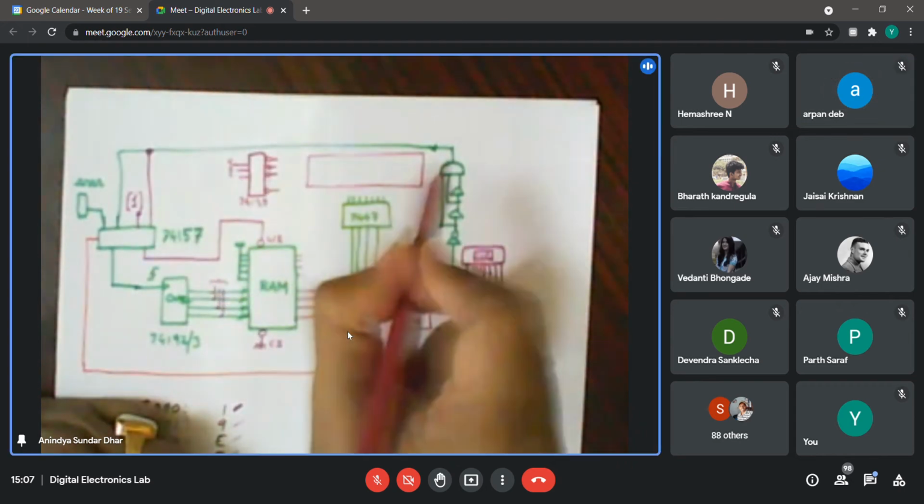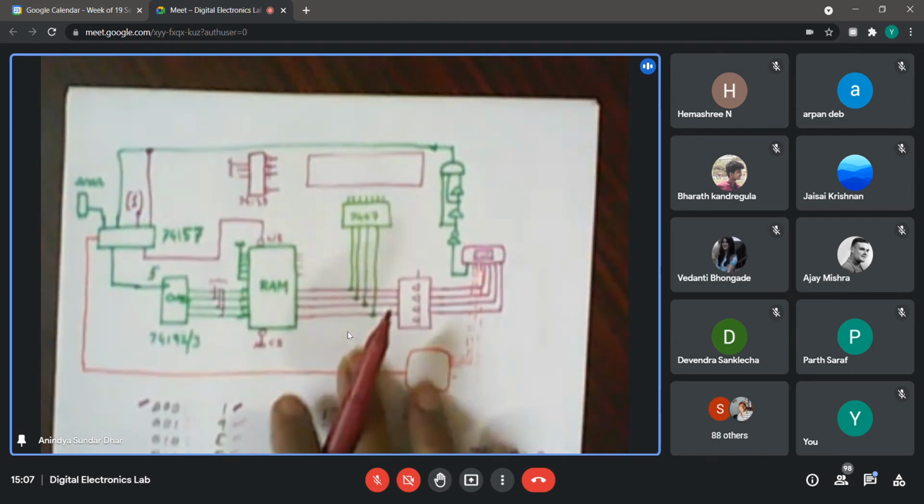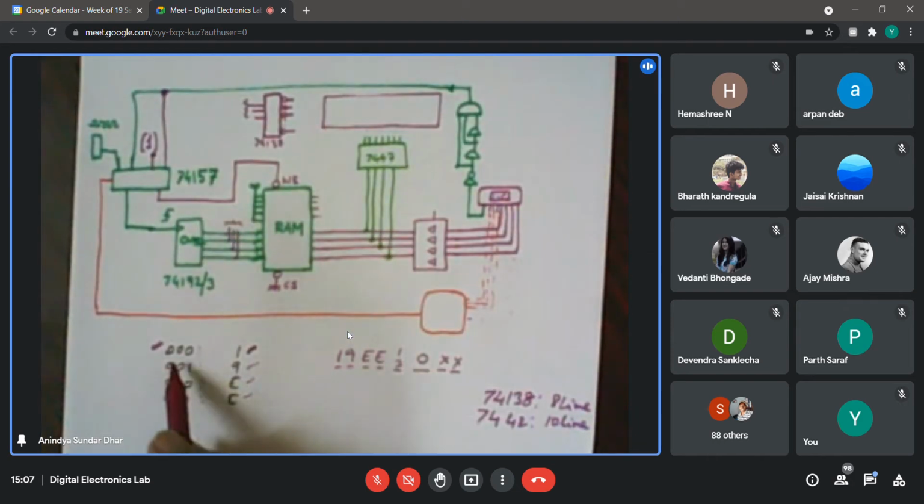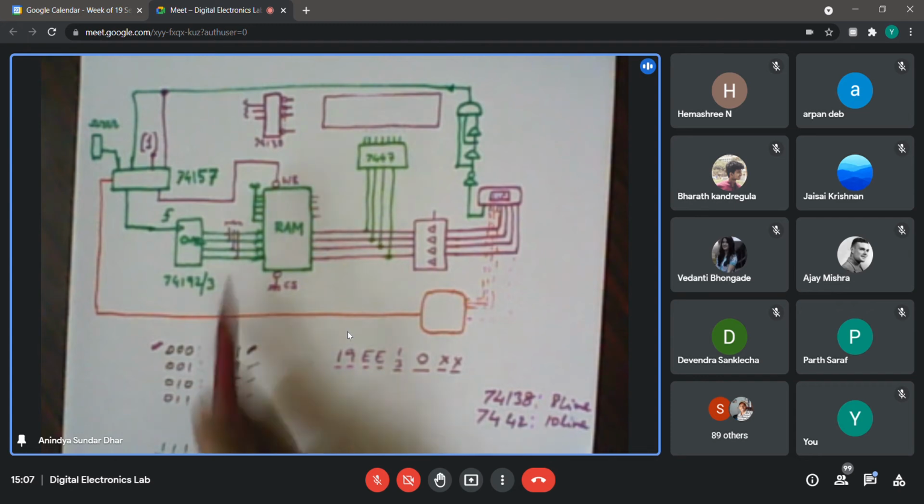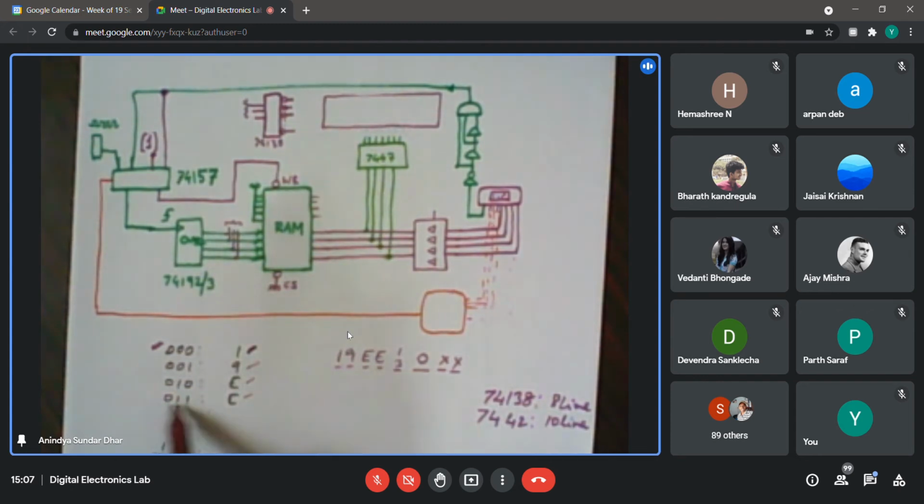I was telling that last time when you made this one, I said that you need not really guarantee that the first location, which has address 000, gets the first character of your roll number. If by that time the counter has increased somewhere, suppose to 011, and here you are putting the first character of your roll number, then also it will circulate, because we want a sequential display which repeats itself. So it doesn't really matter where it starts from. We'll see anyway that it is circulating.